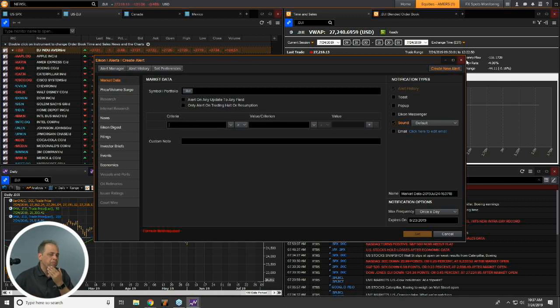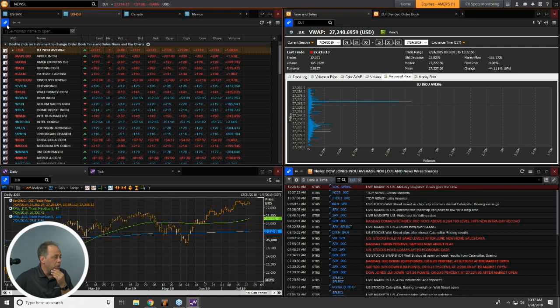One of the other things that you'll notice, because I'm going to point it out right now, is we've got a paperclip here, and these are all highlighted blue. What that means is, if right now I'm looking at a chart down here of Dow, I'm looking at the news of Dow, I'm looking at the volume at price of Dow,